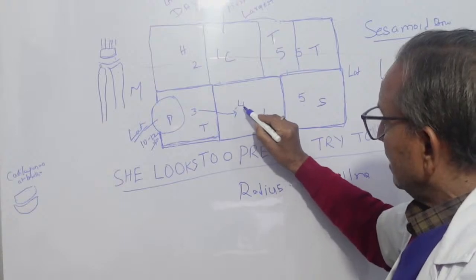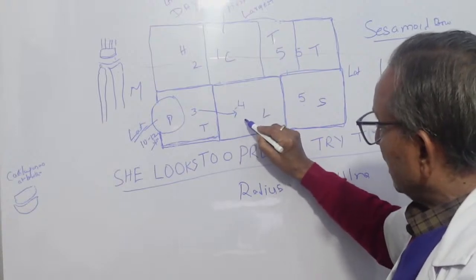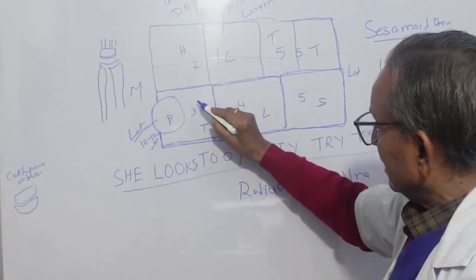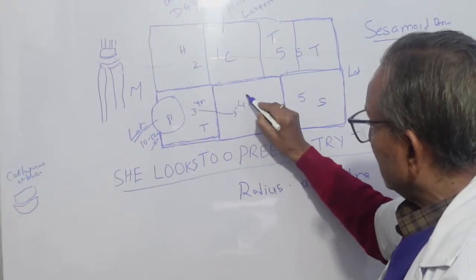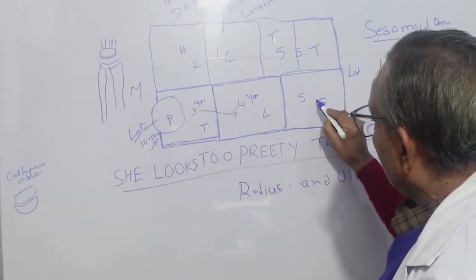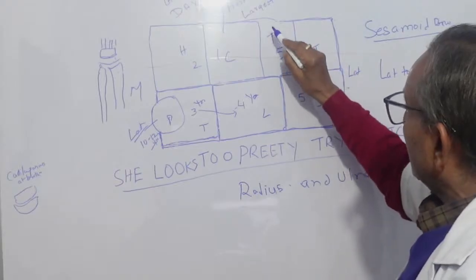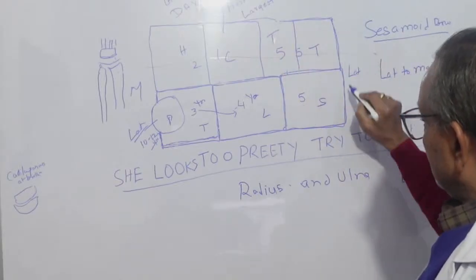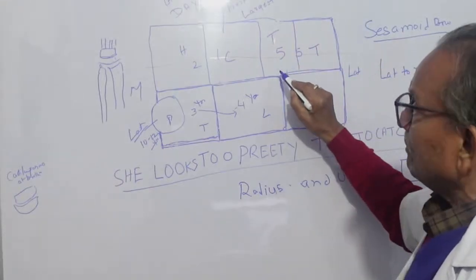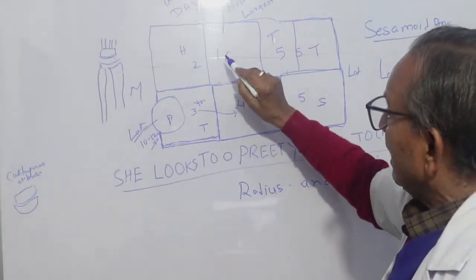3 years, lunate is 4 years, and scaphoid, trapezium, trapezoid 5 years. It is now not difficult to remember for you, because at birth